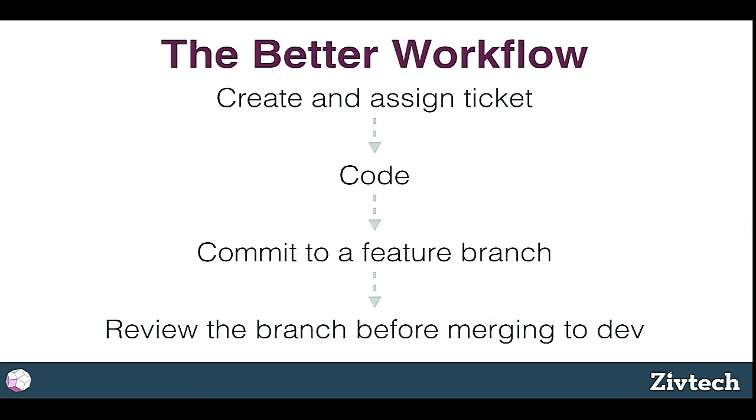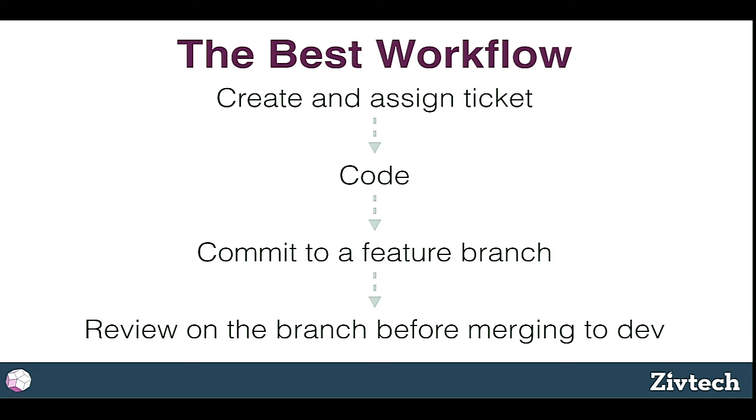Now, even with this model, most people are trying to review the branch before they merge to dev, but they don't have a good way to look at the change before it's in dev, because they don't have their own environment for that. So you look at the code, you click the merge button, that auto-deploys, and now we go see if it's broken or not. And if it is broken, we have to clean it up. We've made a mess. So the best workflow should be something where you can actually review before merging on dev.